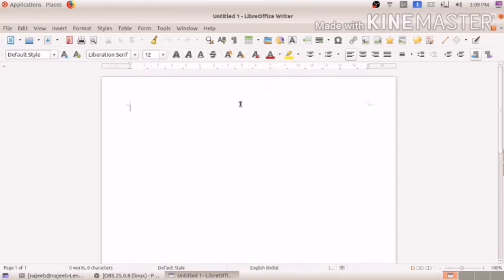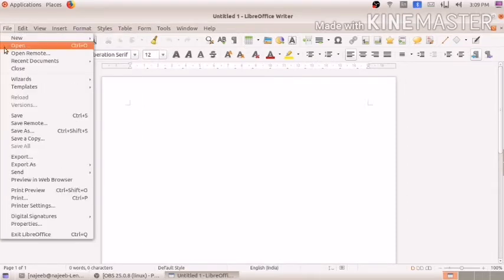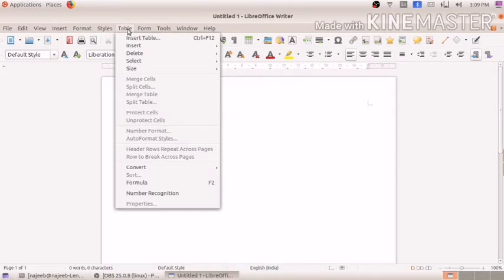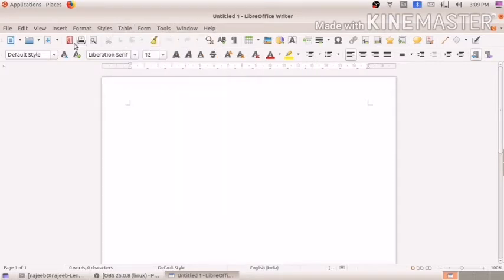formatting toolbar. In the standard toolbar you can see some file menu commands like new, save, export to PDF, print, etc. That can also be seen as a tool here. This is new document, open, save, export to PDF, then print. And some other commands also, like the table command, that can be seen in the table menu, as information can be seen on the